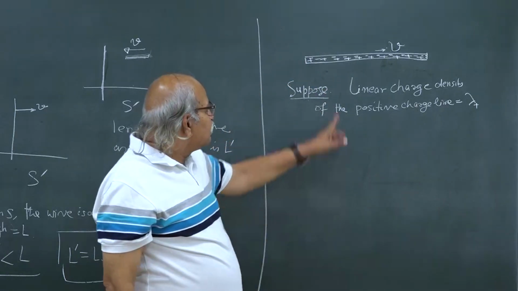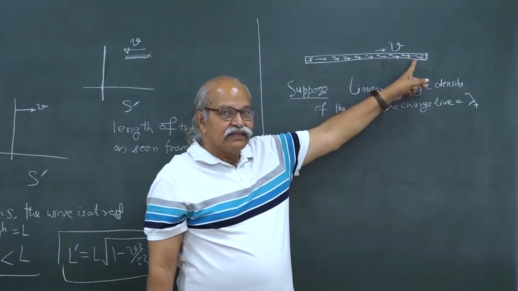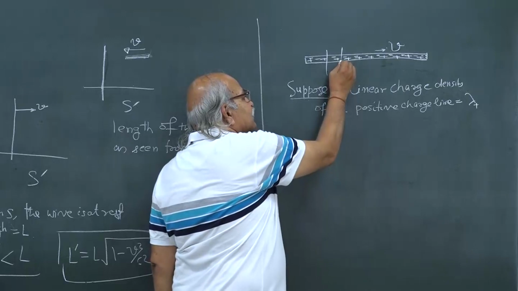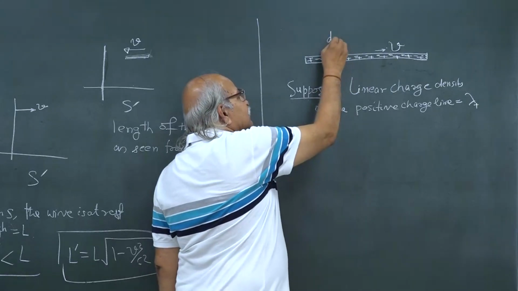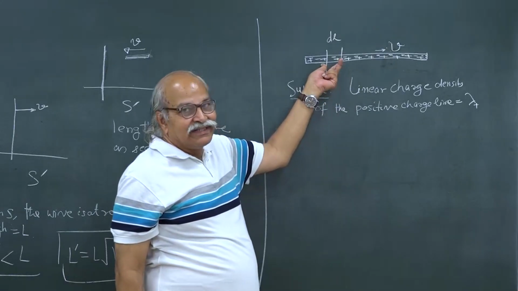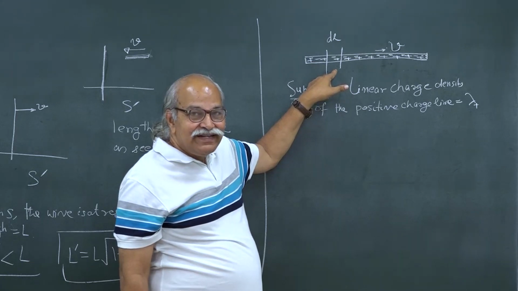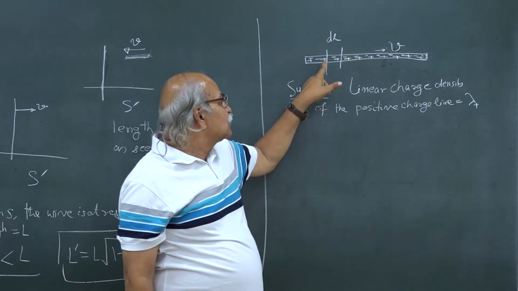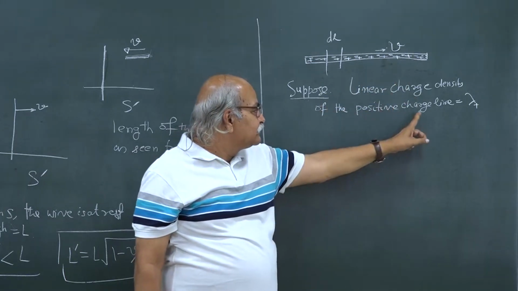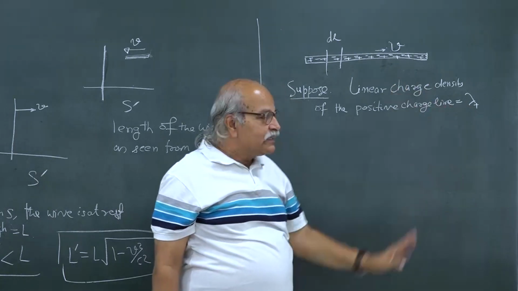What does this mean? I have these positive charges everywhere. So, if I take a small length dl and ask how much is the charge here, and then divided by dl, that is the linear charge density. So, the positive charge line, suppose the linear charge density is lambda plus, and similarly